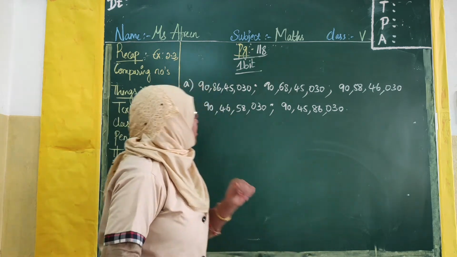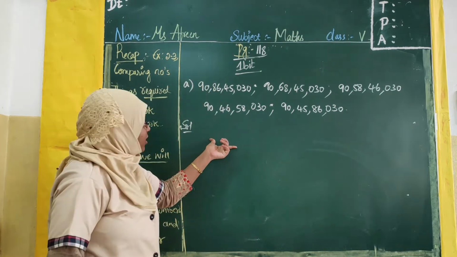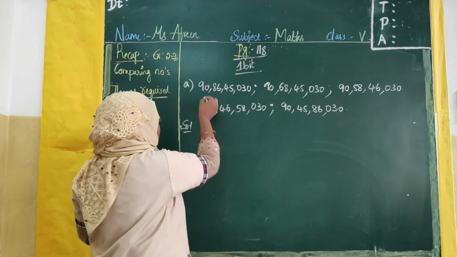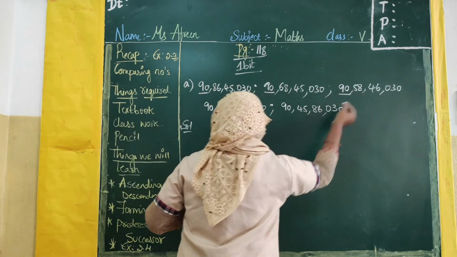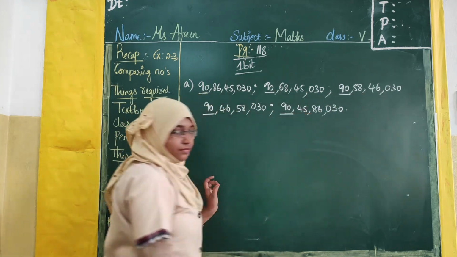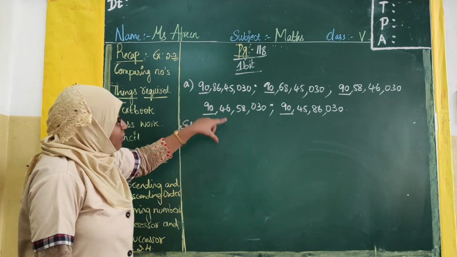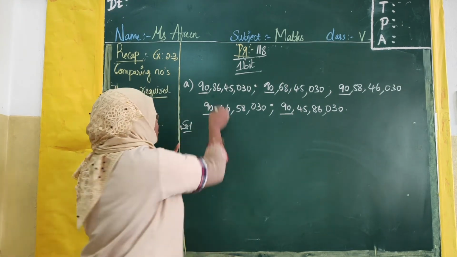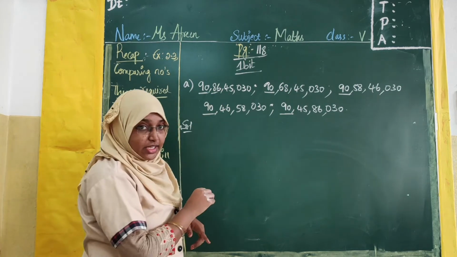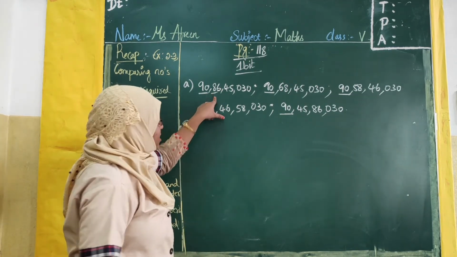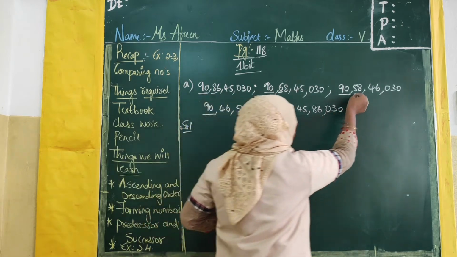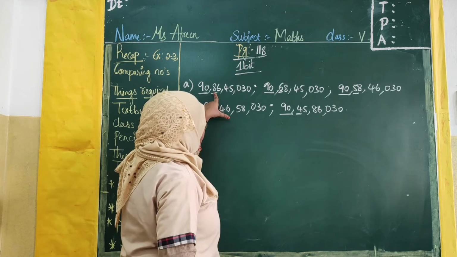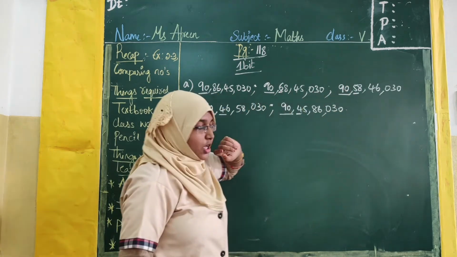Now, how to see which order it is in? Let us see with the first numbers. You can see the first two numbers are the same: 90, 90, 90, 90 and 90. Now, how do we compare? We'll go with the next numbers. We are going with the 10 lakhs place. At the 10 lakh place, here it is 8, here it is 6, 5, 4, 4. 8, 6, 5. This is in single order, right?